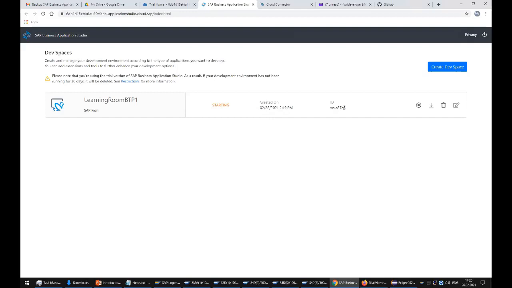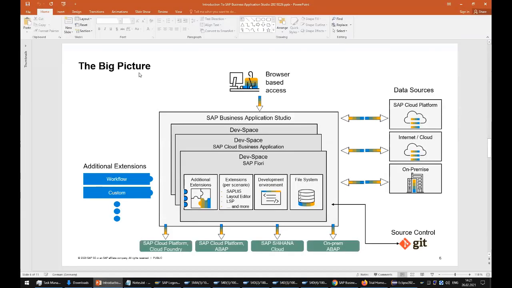And the ID of the dev space, which is unique. Our management buttons we'll see over the right-hand side. I can stop it, download, delete, or edit, which we will actually, as soon as this dev space starts, take a look at. Okay, so the amount of time it takes to create a development space can vary. Sometimes they create a little bit quickly, other times it may take a little bit longer. While the dev space is spinning up here, come back over here,